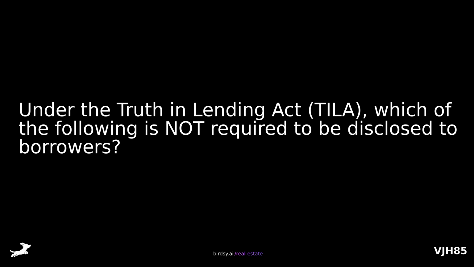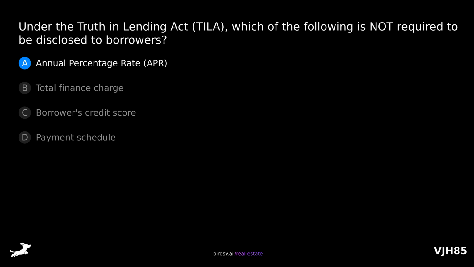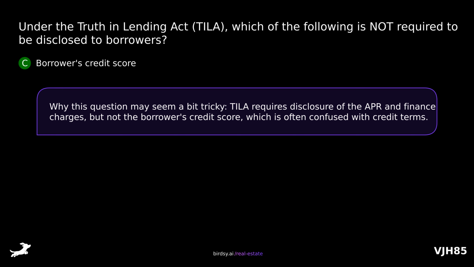Under the Truth in Lending Act, which of the following is not required to be disclosed to borrowers? Is it A, annual percentage rate, B, total finance charge, C, borrower's credit score, or D, payment schedule? The answer is C, borrower's credit score. Why this question may seem a bit tricky. TILA requires disclosure of the APR and finance charges, but not the borrower's credit score, which is often confused with